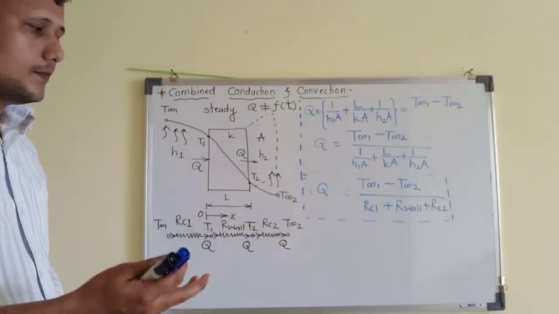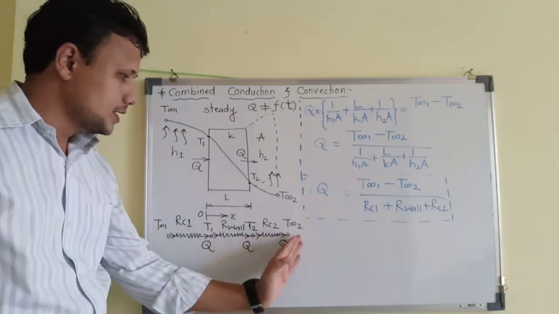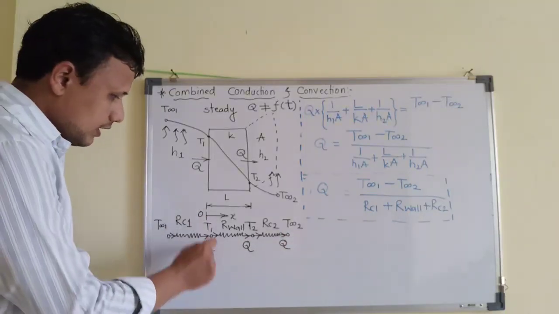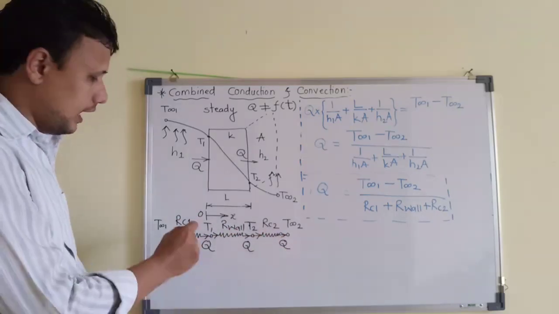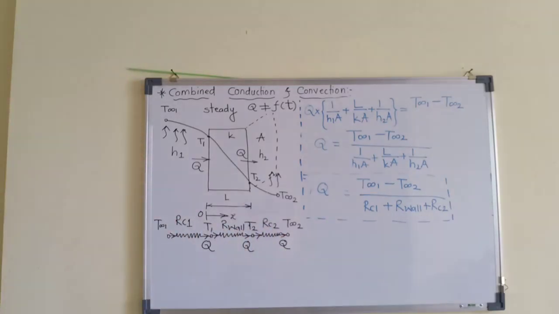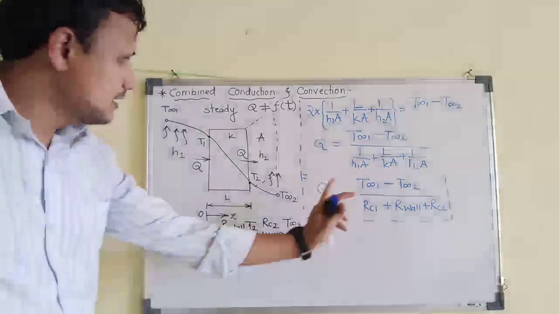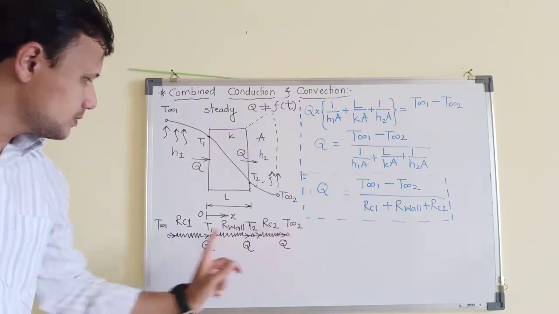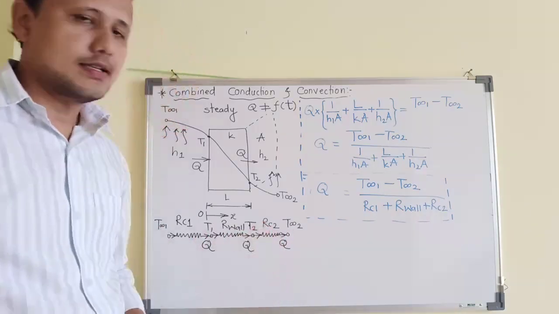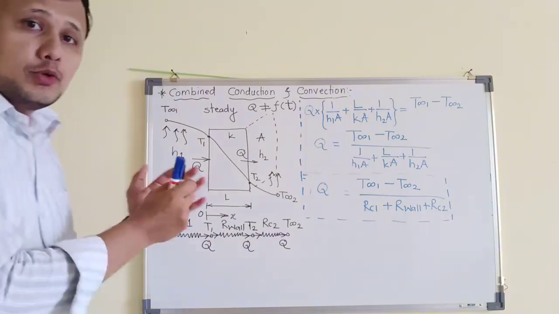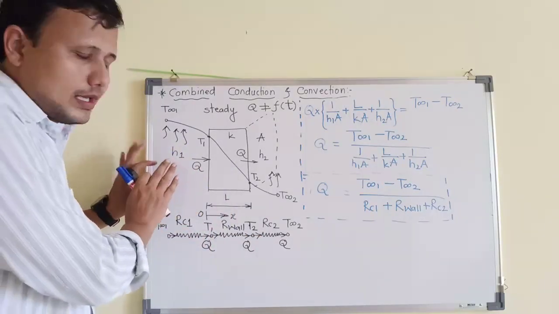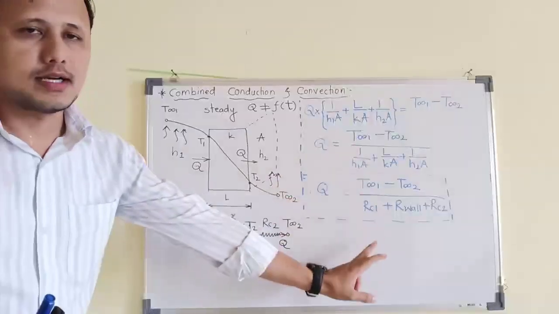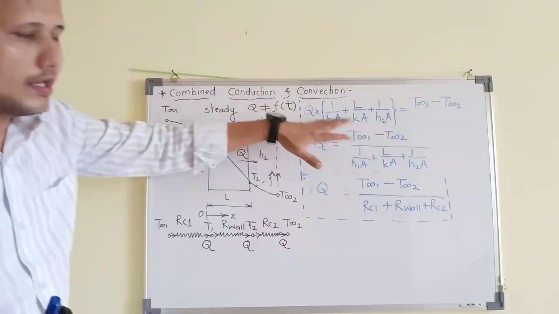This is just like a road. For example, this is Mumbai and this is Pune. I have to go from Mumbai to Pune. So whenever there is a toll plaza in the path, I will have to pay the toll. Just like that, when I am dealing with these temperatures, let us say only T infinity 1 and T infinity 2 are given, then in this path, I need to consider all the resistances. That's the beauty of the electrical analogy. You simply draw the schematic electric resistance network, and then immediately you can start solving the problem. You don't need to derive everything every time.